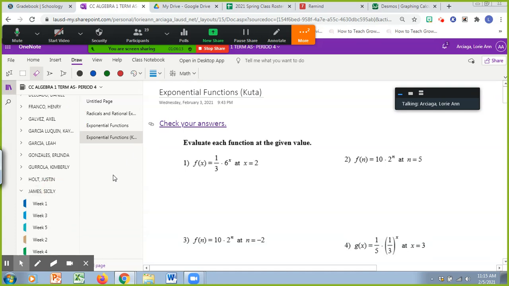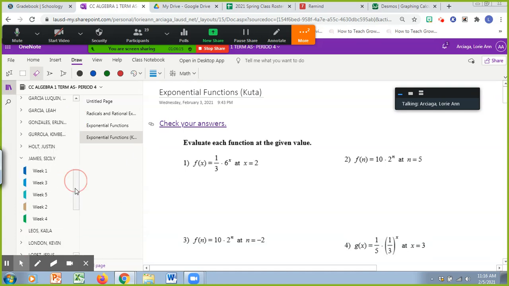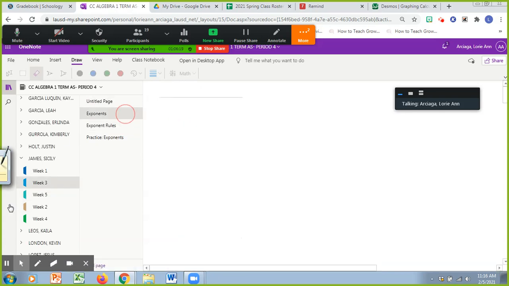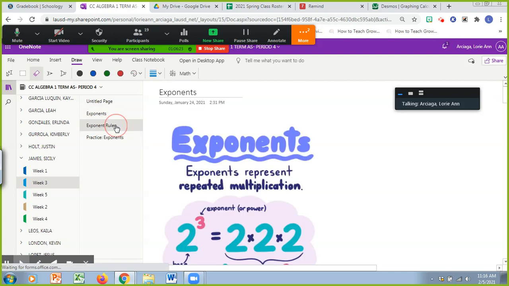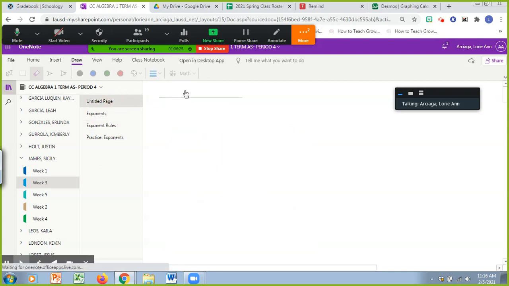So I'll try to catch up on that, honey. Yes, I'm going to put it in your notes. I'll show you where. Weak exponent rules. Here on this untitled page, Cicely, I'm going to paste your